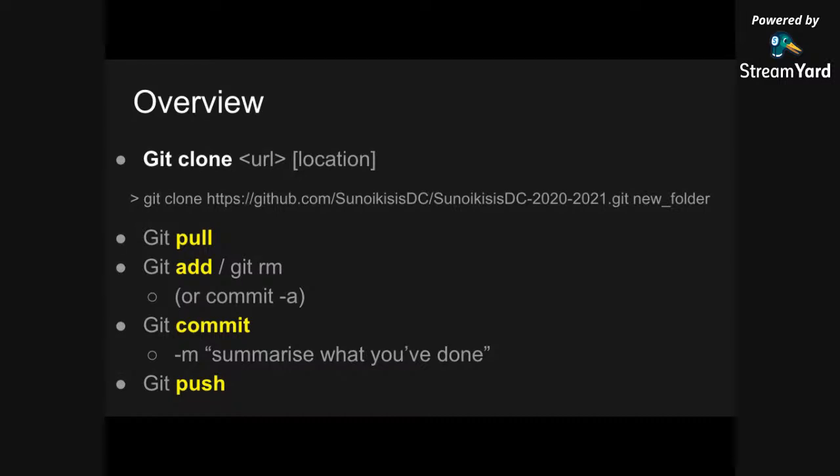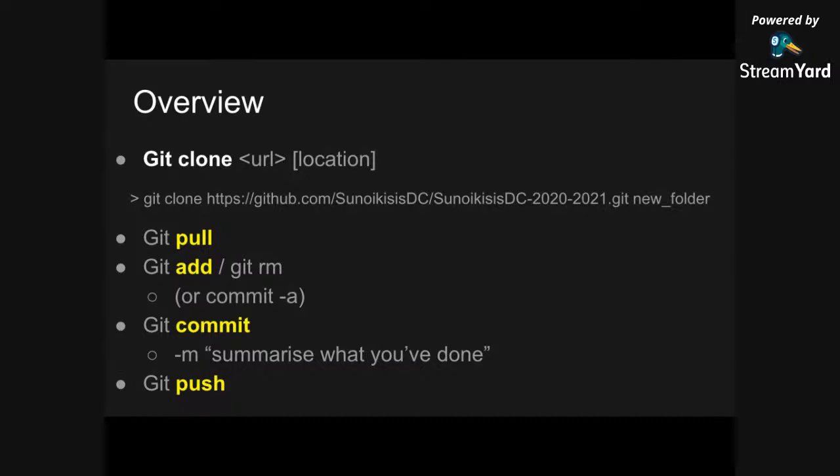If you then make changes to the local files and you want to push those changes back, you have to do three things. First, you have to add them so that Git knows that this is a change you want to push back and not just a change that you've made locally that you want to keep local. And so you use the add command there, git add. You can also delete files from the repository by using git rm to remove them as well. And these don't vary between Windows and Mac and Linux. So these are always as given here.